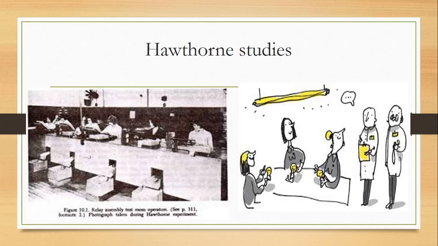On the other hand, there was no change, as I said, in the control group's working and their productivity was also noted. So what happened was that the productivity of the control group remained as it was before the experiment started. Whereas in the case of the experimental group, it was found that the productivity went on increasing, irrespective of the changes made by the researchers.